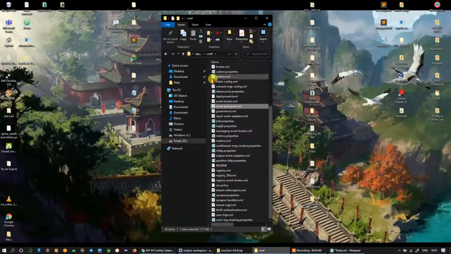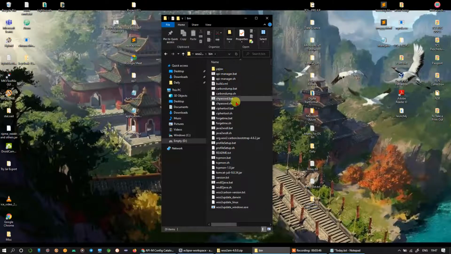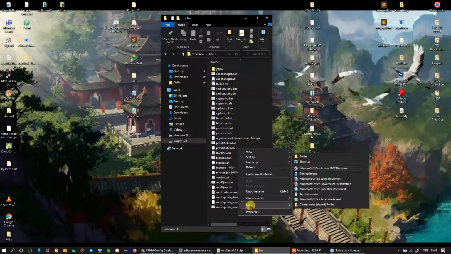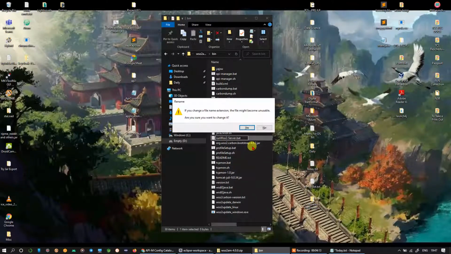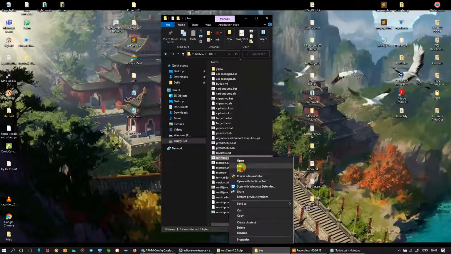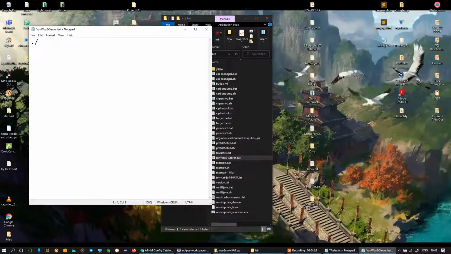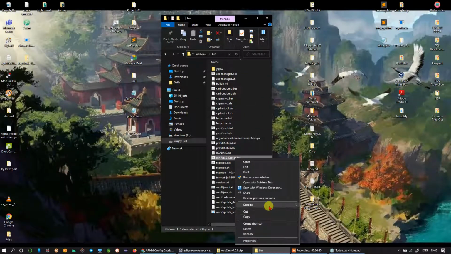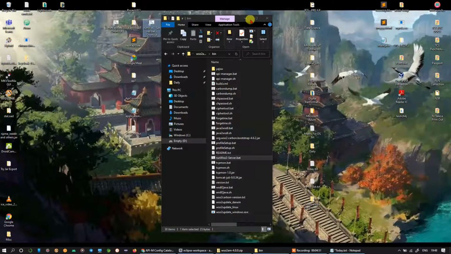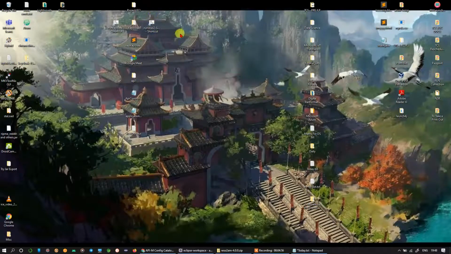Now I will go back and go to the bin folder. Here is our API manager bat. I need to run it, so I will create a simple bat file with the command to run that API manager bat. Let me name it run WSO2 server.bat. Now let me edit it and add a command. Here I will add api-manager.bat run. So this bat will run another bat, that is the API manager bat. Now I will send a shortcut of this to the desktop. Now we got a shortcut of this on the desktop, and we can double click the shortcut to run our API manager.